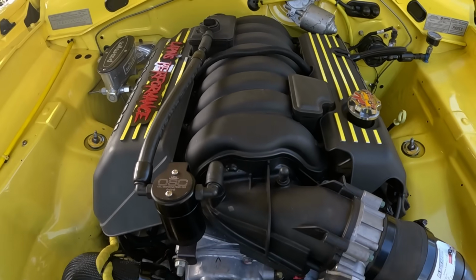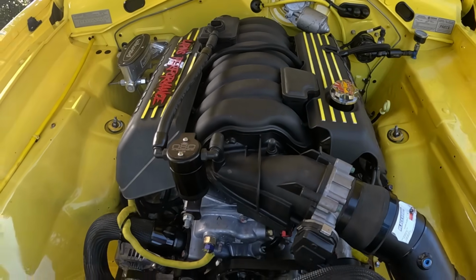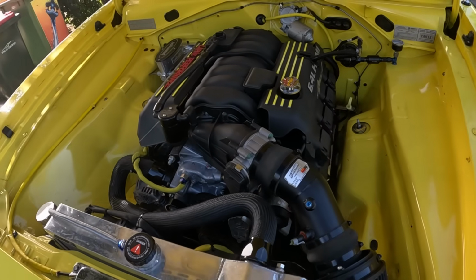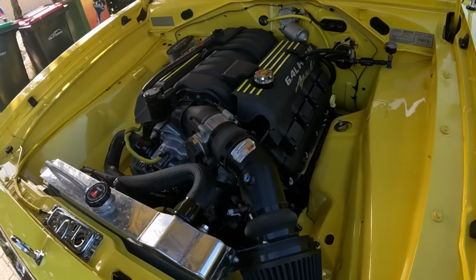Harness Tech did all the wiring, so you can see there's very little wiring. It's all behind the dash. Holley Terminator injection, everything on top, the whole lot, O2 sensors. But I had troubles with